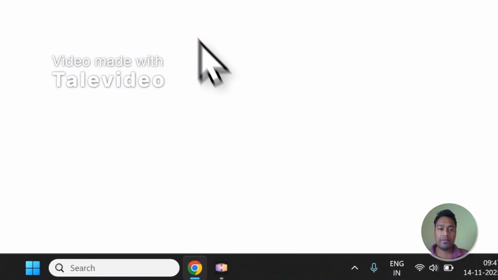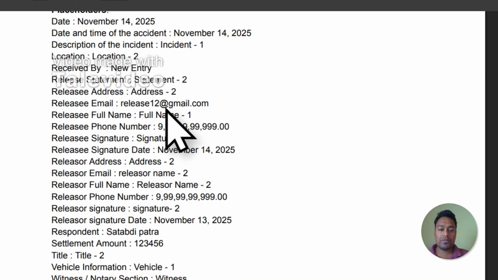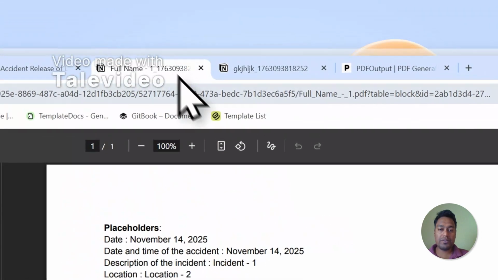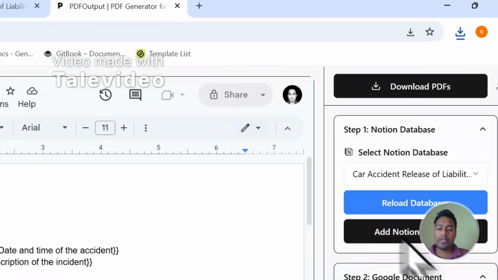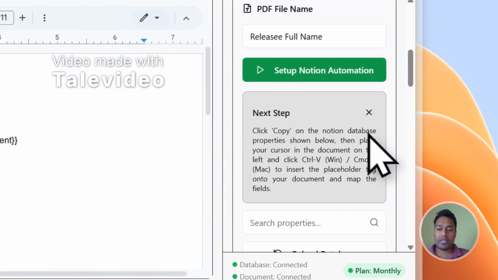Similarly, let's open up the second file. This has also been correctly mapped. So we have got two documents which were mapped simultaneously with the values from the database, and they have been created over here. Okay, a beautiful thing about PDF output is that once automation is set up,